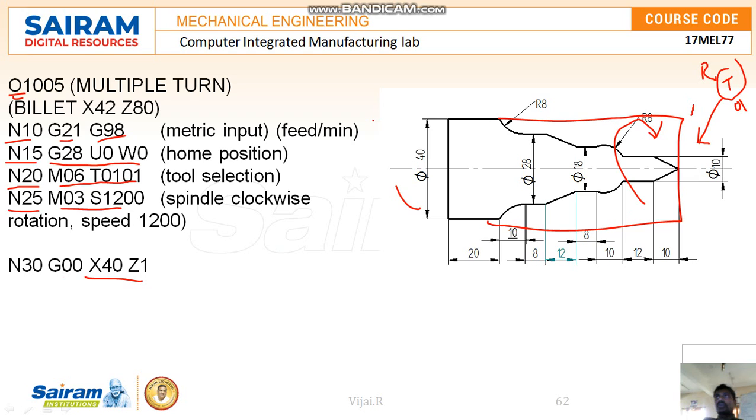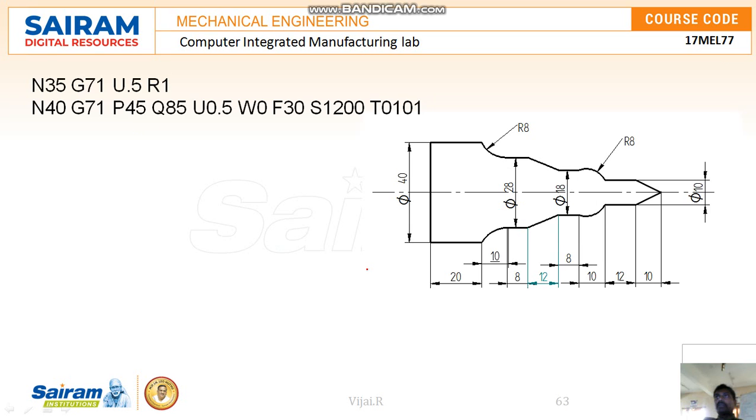So this shape, we know that this is 1, this is 2. So from 1 to 2, it has to go, and from here the tool, imagine the tool is finishing this final line. Okay, this is the tool travel path. For this path I am going to write a program. So here, first before writing this, we are writing G71 U and R.